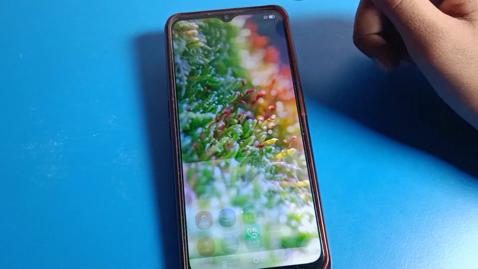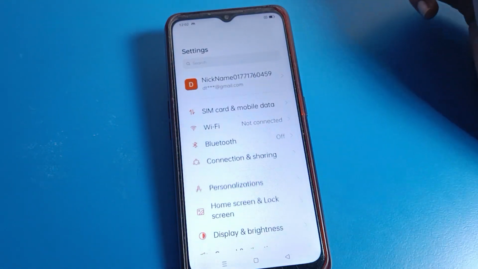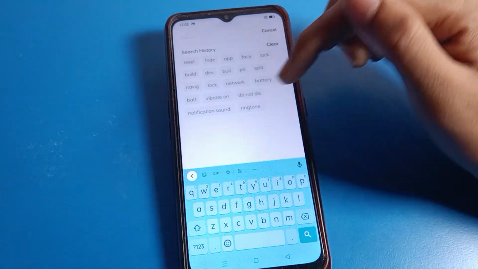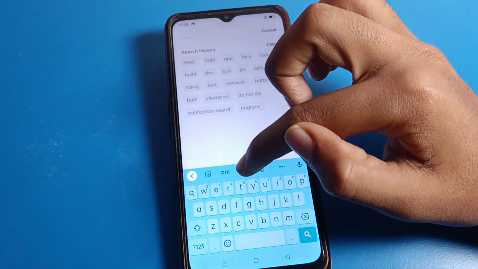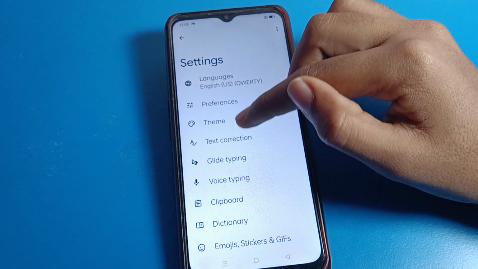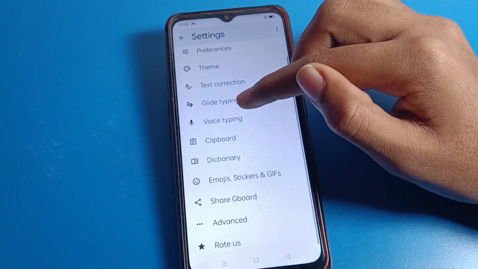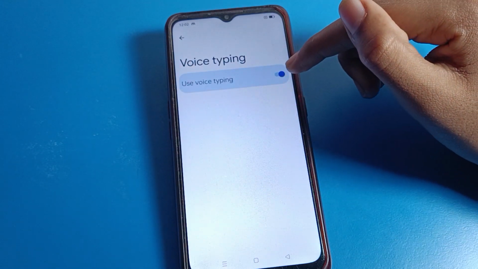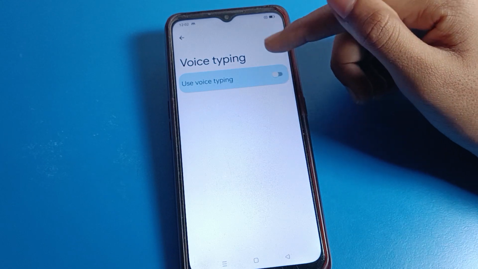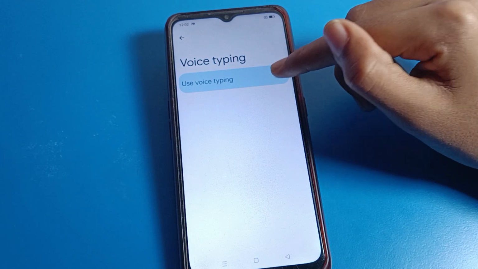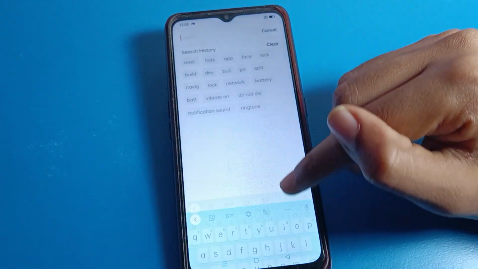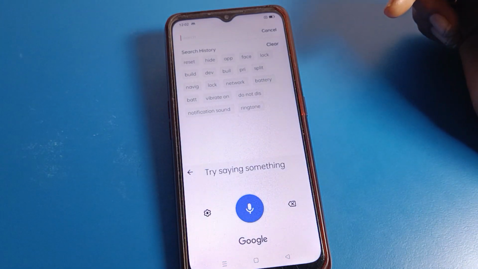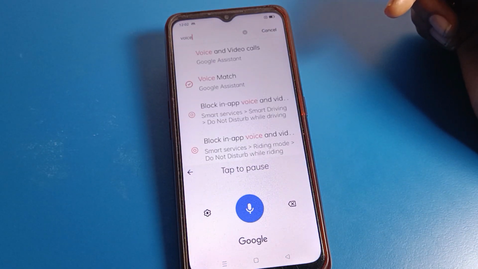So friends, first of all you will have to open your phone settings. After opening phone settings, click on the search option and search for keyboard settings. After opening keyboard settings, scroll down. Friends, you can see voice typing here. Friends, if voice typing is off, click here. And friends, now you can use your voice typing